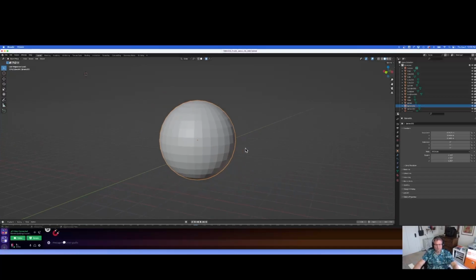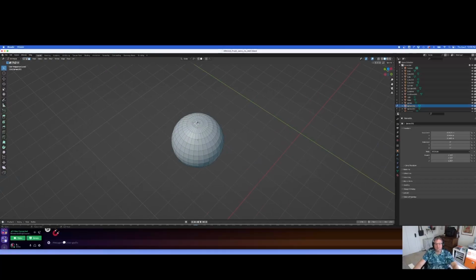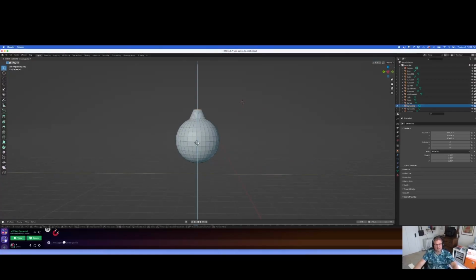Right now my origin is in the center. I'm going to go ahead and tab into it so that I can edit the whole thing. And let's look at face mode for now. So let's say that I want to take this top face and do some edits with it. I want to make it longer. So if I hit G and Z, it'll grab just that top face, but it doesn't think about any of